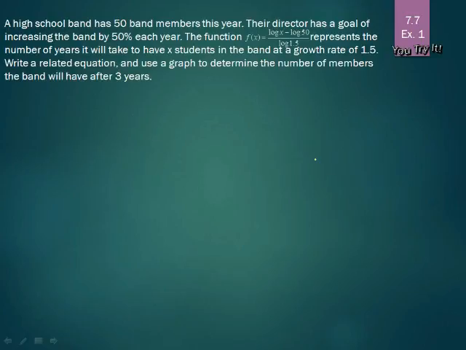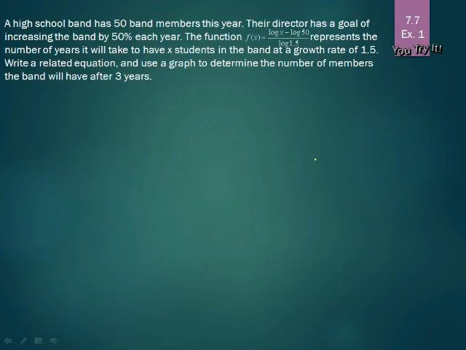A high school band has 50 band members this year. Their director has a goal of increasing the band by 50% each year. The function f of x equals log of x minus log of 50 divided by log of 1 and 5/10 represents the number of years it will take to have x students in the band at a growth rate of 1 and 5/10. Write a related equation and use a graph to determine the number of members the band will